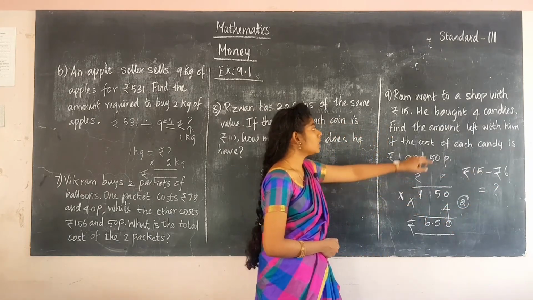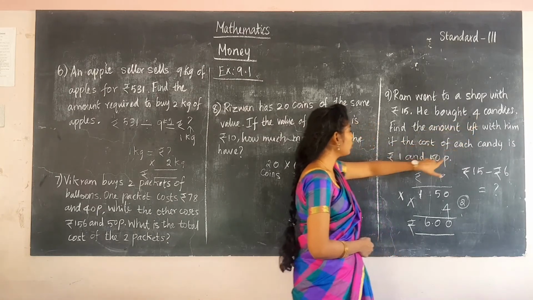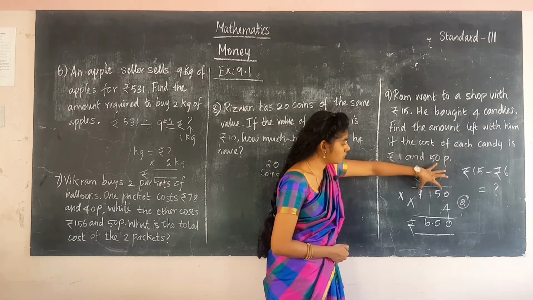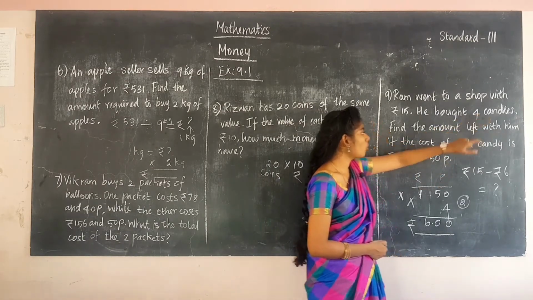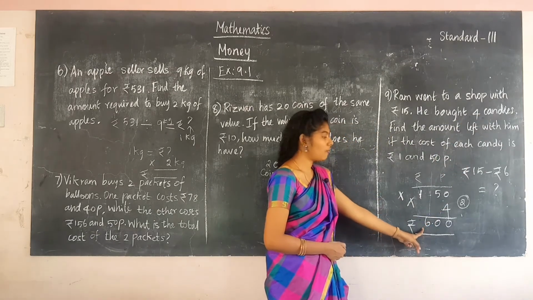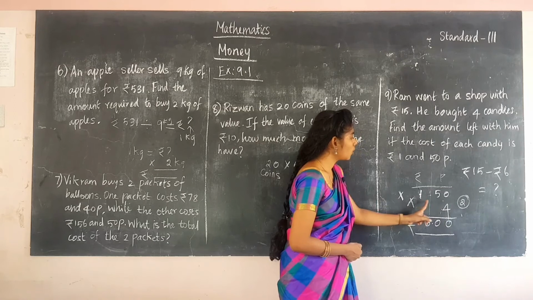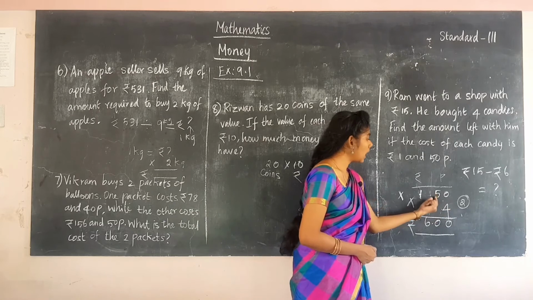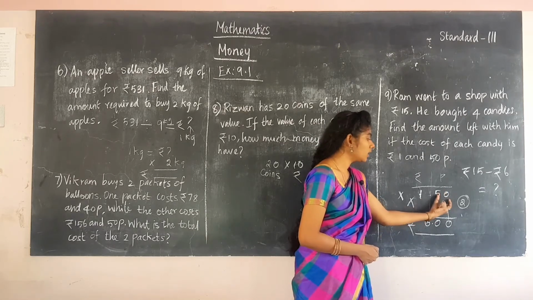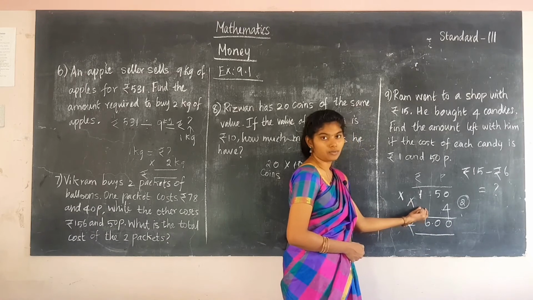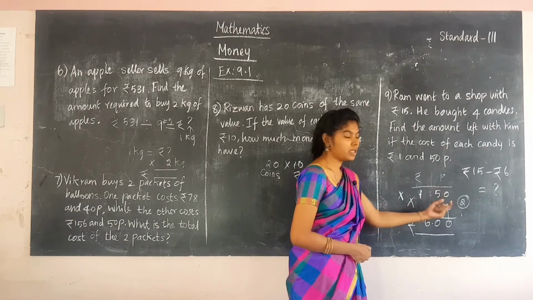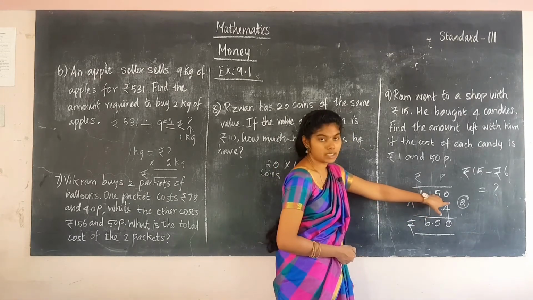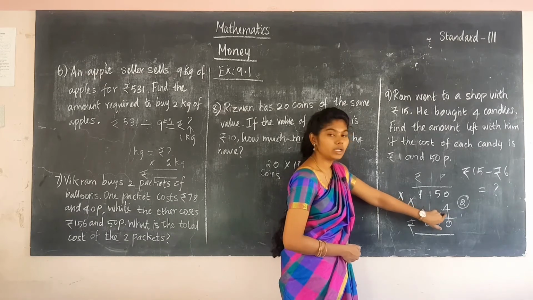First, what have we done? We multiplied 4 and this number. Each candy's rate is 1 rupee and 50 paise. So for 4 candies, how many rupees? For 4 candies, we found 6 rupees. I have written the 4 here because there is 50 paise. If the last paise is 0, meaning there is no paise, we need not write the 4 there, and we can multiply the 4 directly in the rupees. Here there is 50 paise, so we have to write the number 4 in the last place.